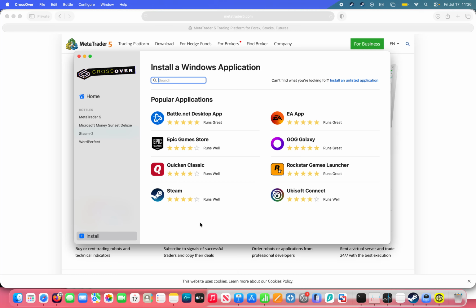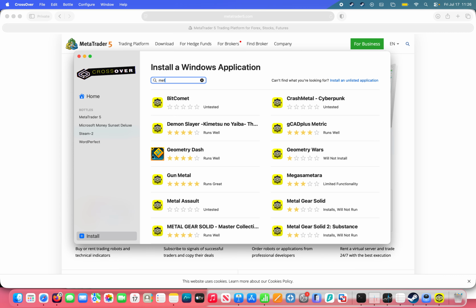Right, so this is by far the easiest way I found to use MetaTrader on a Mac, and it uses Crossover, which is an emulation layer. It doesn't even have to install Windows. It can just translate Windows applications to work on a Mac. So once you've installed it, dragged it to your applications folder, just search for MetaTrader,